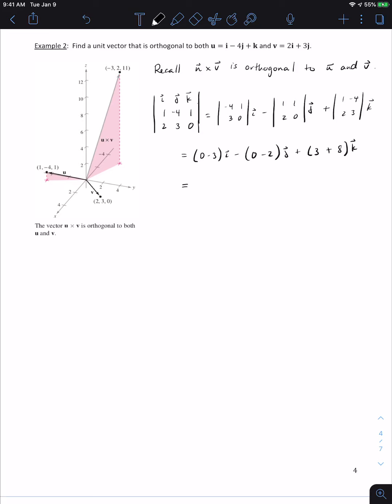So I end up getting here -3i plus 2j plus 11k. So that is a vector that is orthogonal to both u and v, but it's not a unit vector. So to make u cross v a unit vector, right, because this is equal to u cross v, what we just found,